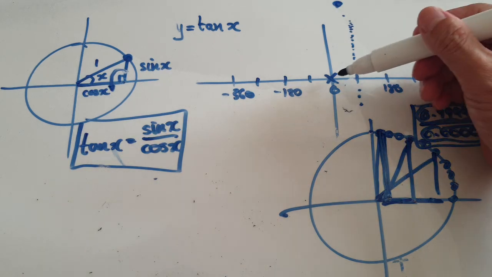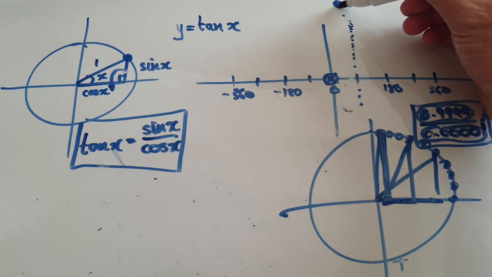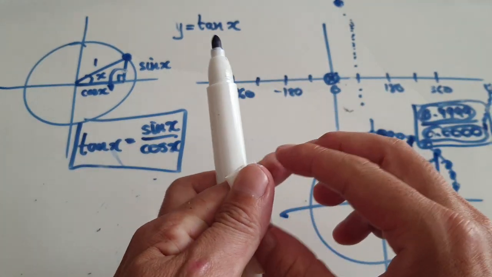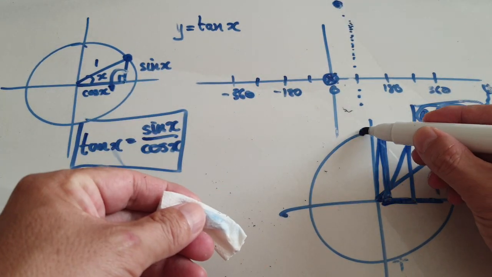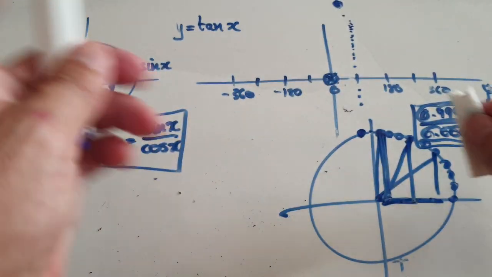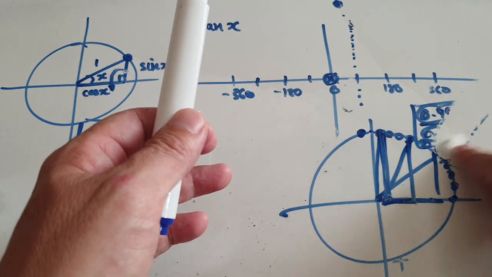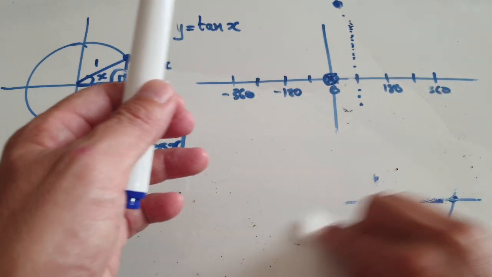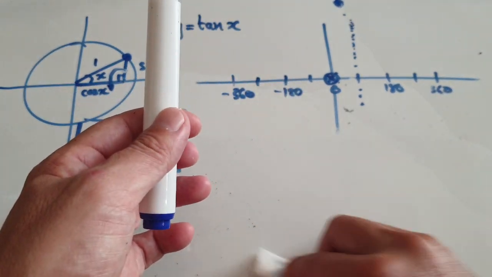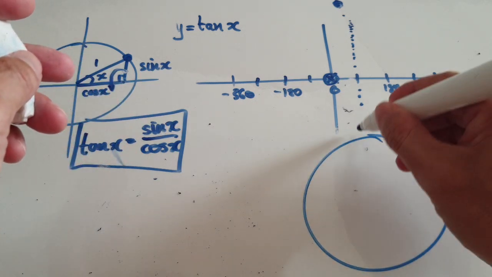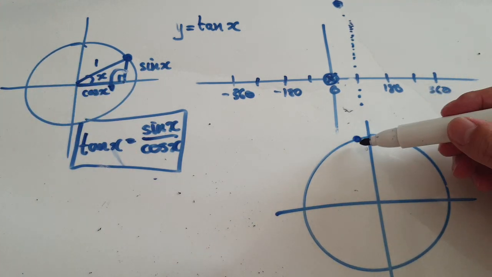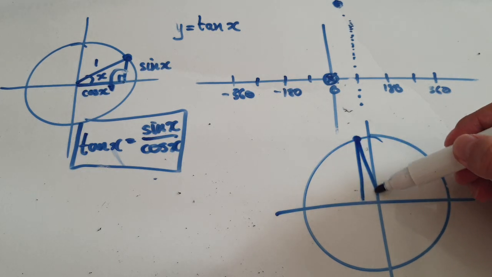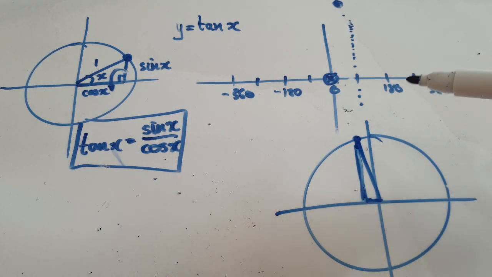Okay, so we know it passes through here. We know it passes through here. Now dead on 90, it breaks down. Let's look at what happens when it passes 90. So when it passes 90, hang on, let me clean this up. When it passes 90, 90 is right here. When it passes 90, it would be the height divided by the width, because that's what